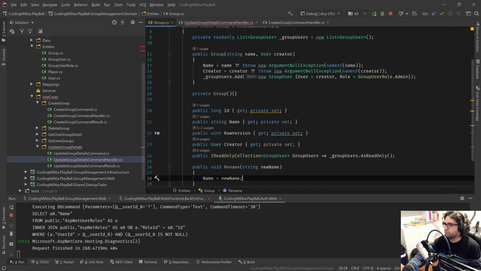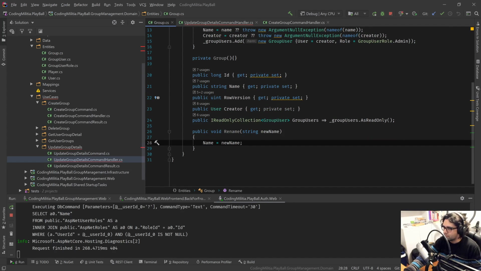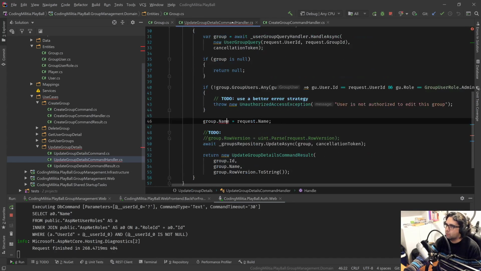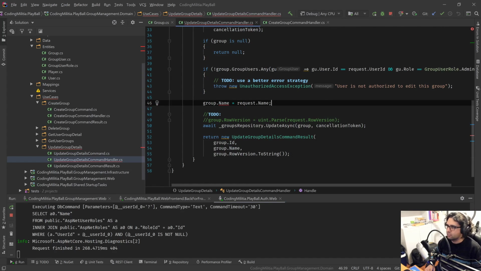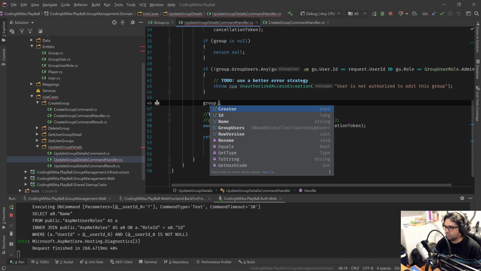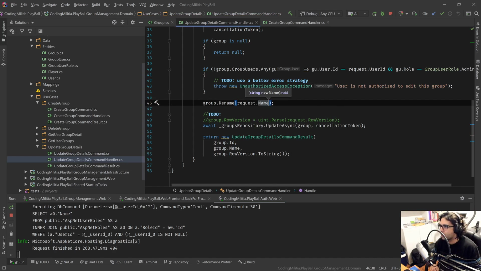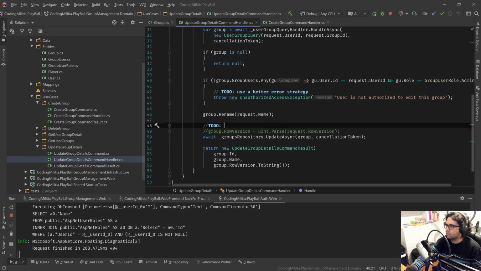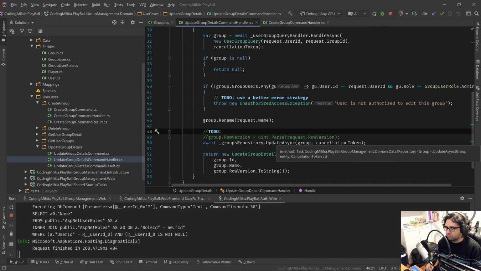It's true that in terms of the change it's exactly the same as what we were doing, but by doing it this way, it's a very DDD-ish thing. So it makes it clear that this is a domain logic requirement, not just setting properties in DTOs. So to do